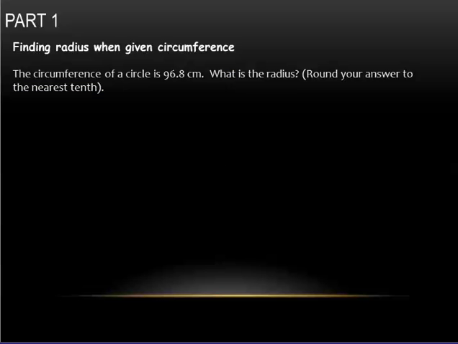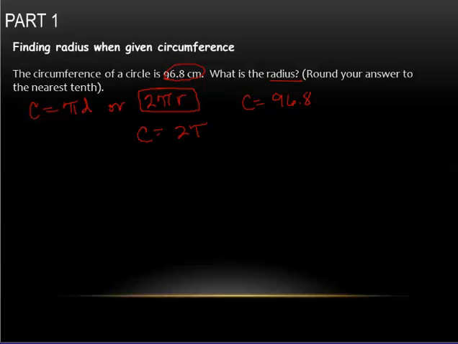Okay, find radius when given circumference. Well, looking at that geometry chart, I know that the circumference of a circle is pi times d, or I can say 2 pi r, either one of those. Well, they've given me the circumference, and they want to know the radius, so I'm going to choose to use this formula right there. So my circumference is 96.8, so I'm going to use the 2 pi r. Okay, so I'm going to plug in 96.8 for the circumference,